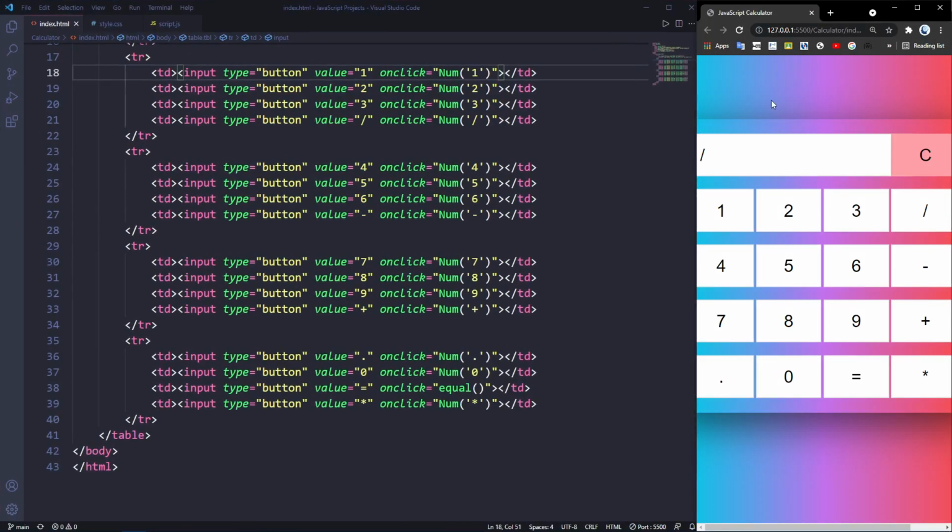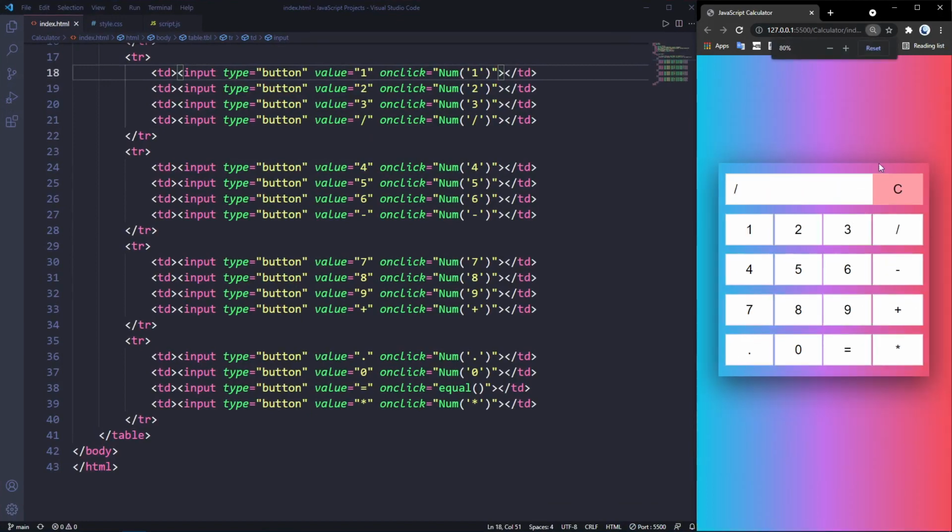Right, and I think that this JavaScript calculator is super easy and really good for beginners. If you want to build some awesome projects, you definitely can consider building this